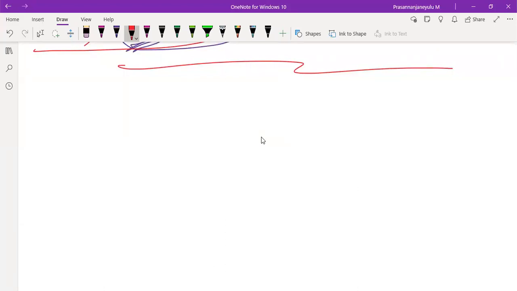So just solve dy by dx is equal to exponential of x minus y plus x square into e power minus y. Now I'm explaining a little bit tough problem here, because I can explain easy ones, but it will be easy for you to practice more number of problems. So that is why I'm explaining this.